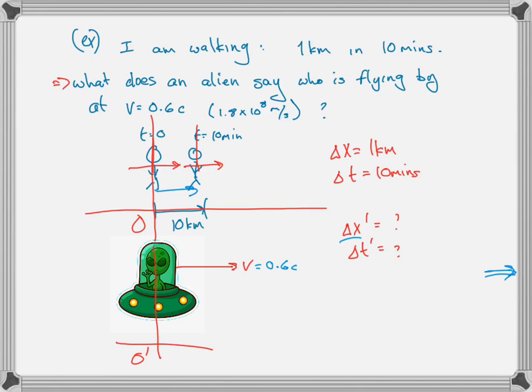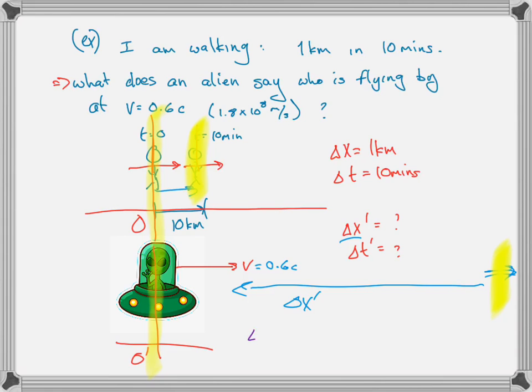So right now, at t equals 0, the alien and I are in the same place. We're both at x equals 0. x and x prime equal 0 at t equals 0. At t equals 10 minutes, the alien is way out here, and I am here. And so I am at some very large negative distance relative to the alien at 10 minutes. That's just something you have to recognize. You shouldn't be surprised by the answer.